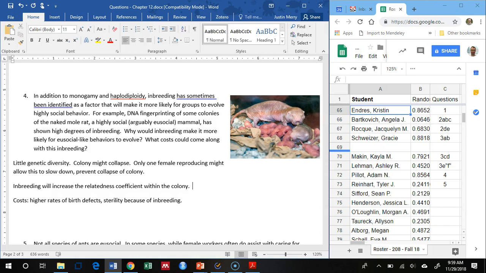And so the result is that your offspring have a higher relatedness coefficient than they usually would, because they're getting all the same batch of genes from both parents. There'll be lots and lots of shared genes across the siblings. So comparing across the siblings, you'll have really high relatedness coefficients as a result of inbreeding. It can get up to 0.75-ish, so you're replicating what we were seeing in haplodiploidy through this inbreeding process. That doesn't mean it doesn't come with massive costs.